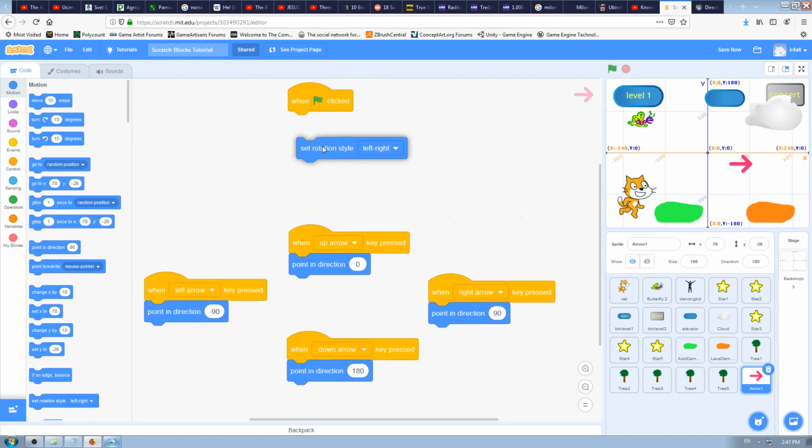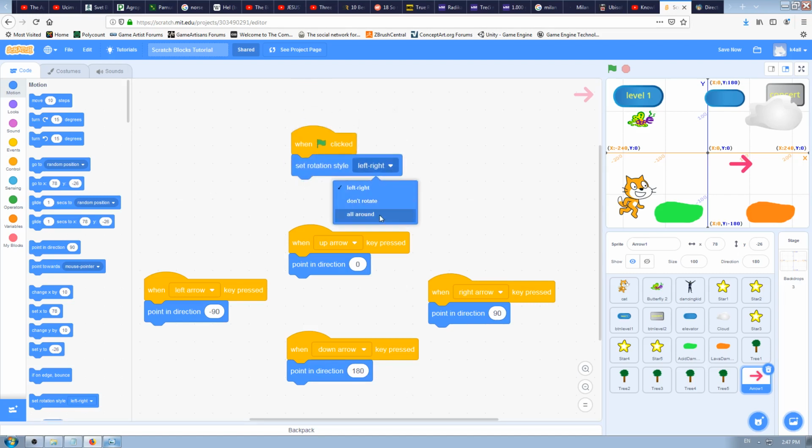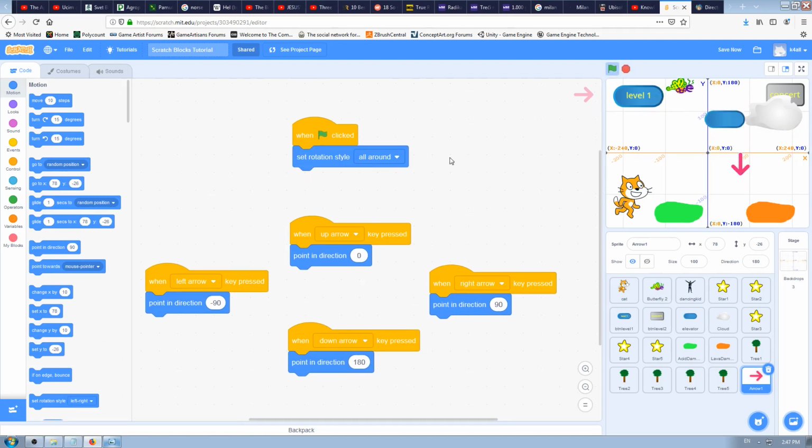And as I said, default state is all around. So default state is that our sprite can rotate upside down and move in any direction. So when I press right, it goes to the right. When I press up, it goes up, down, left. This works great, and this makes sense because